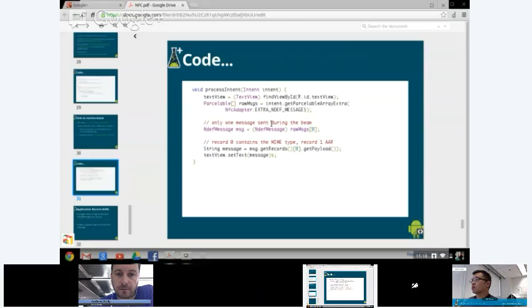Once we get the NDEF message, what we want to do is get the actual message, because the 0th element is the MIME type or the URL type. So we want to get the payload starting from the 0th message. We say message.NDEF message.get records, and we use the method get payload, which will give us the following records from the MIME type, following the MIME type record. And this is basically the text message that we had, which said beam me up, and this is how you obtain the message. As you can see, it's just 10 lines of code on both sides, on both devices, sending the intent as well as receiving the intent, and your app is now NFC beam capable.